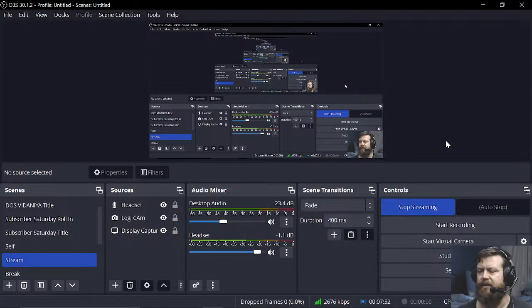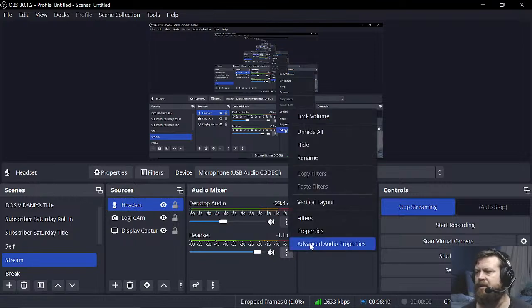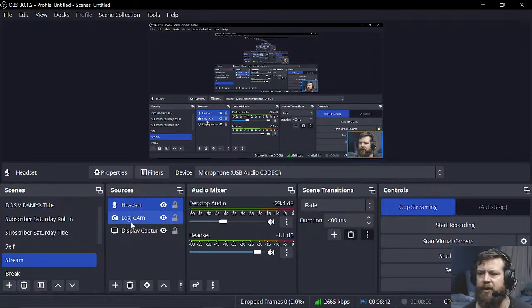Everything else is fine. Desktop audio still seems to understand where the noise comes from. And then you cluster that with just like, okay, I can click on this and I can get options, but I can't get the right fucking options. I have to go over here. I have to go over here to get device. Device won't be just in here somewhere. It won't be in advanced audio properties. Why would it be there?